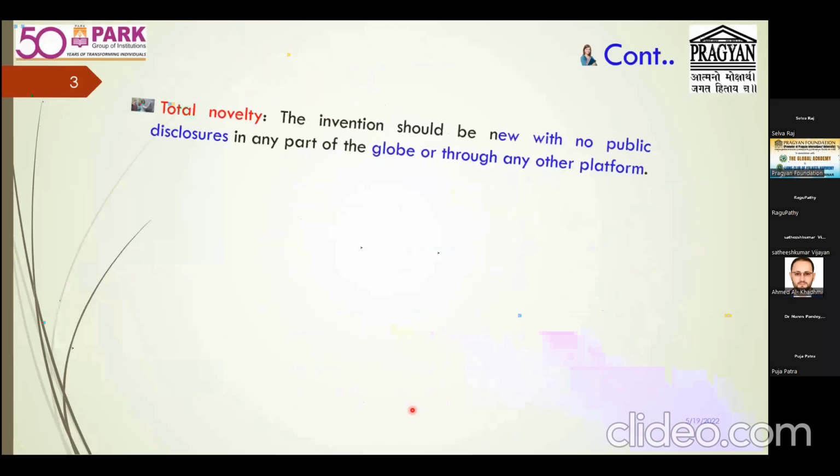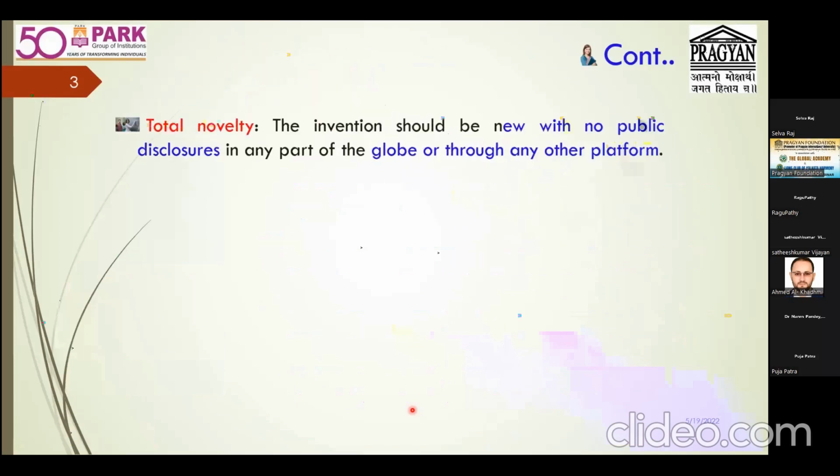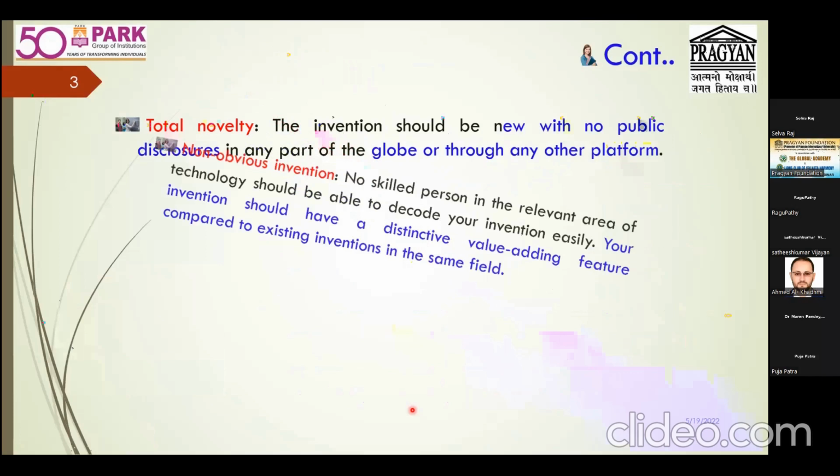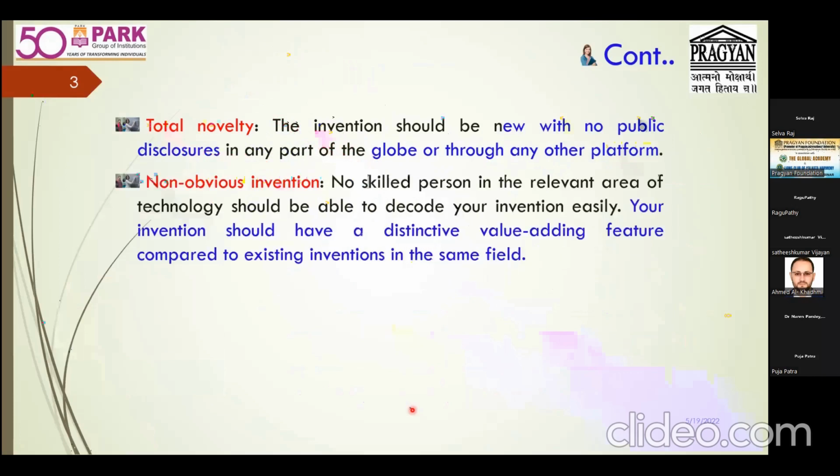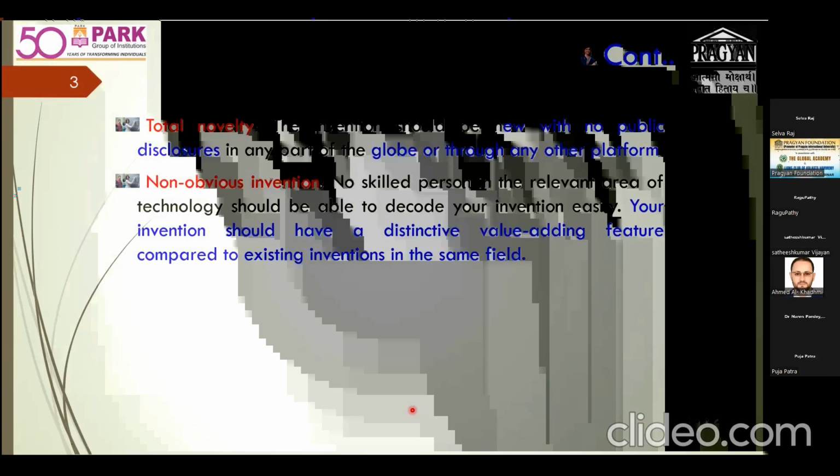And normally when we go for a patent, as I said before, novelty is very important, and non-obviousness. Suppose the idea is already obvious, then it cannot be patentable. Keep in mind, I'm repeating again: if you find something and the finding is obvious, we cannot make it patentable. So the patent has to be for a non-obvious invention. It's very, very important.